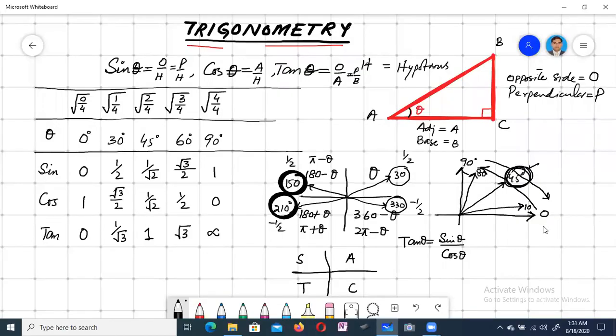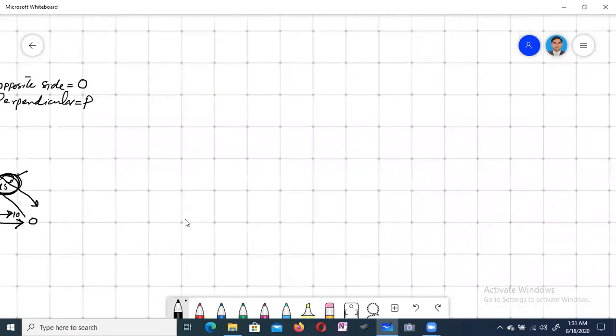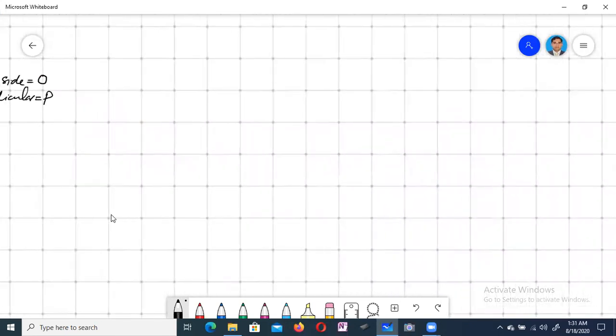Now we are going to start Exercise 9.1. Its question number 1 is, given that tan theta is equal to 2 by 3,